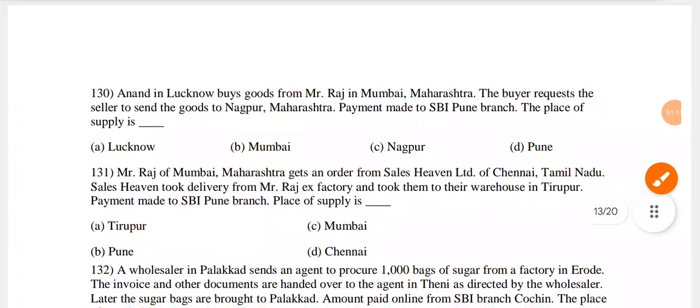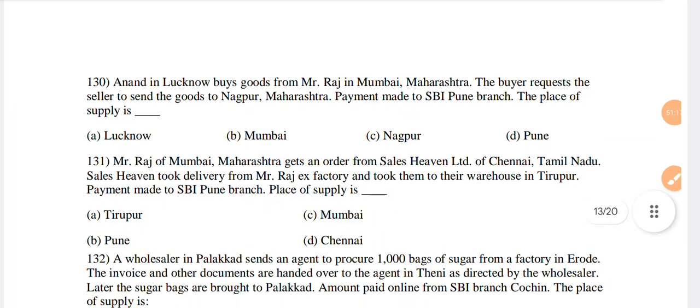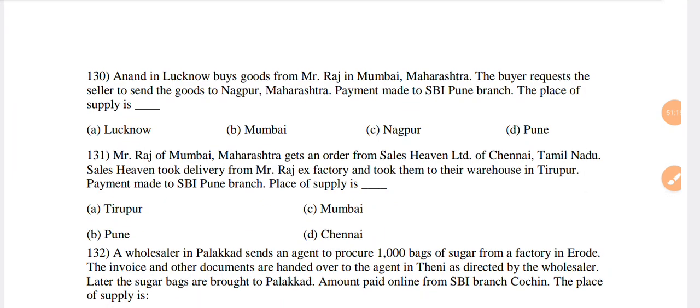Next question, Anand in Lucknow buys goods from Mr. Raj in Mumbai, Maharashtra. The buyer requests the seller to send the goods to Nagpur, Maharashtra. Payment is made to SBI Pune branch. The place of supply is dash. Option A, Lucknow. B, Mumbai. C, Nagpur. And D, Pune. The correct option is A,